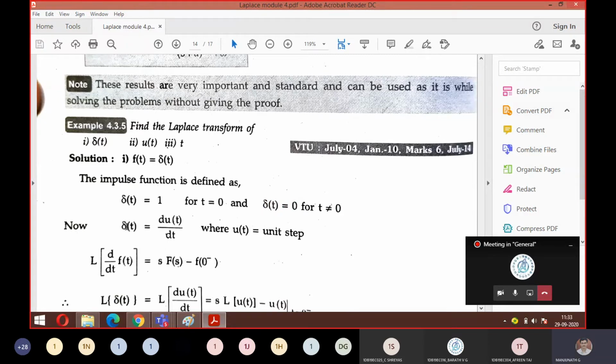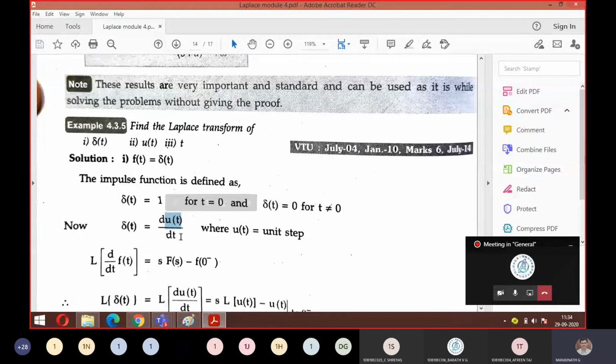Yes, sir. Okay, fine. Now listen, you can apply integration whenever you have variation from minus infinity to plus infinity or from 0 to infinity, correct? But this impulse function occurs only at the particular time t equal to 0. Then why do you need to apply integration? That is not required. Everyone agree? Yes, sir. So what you should do is differentiation. And for that, you need to consider your unit step function.